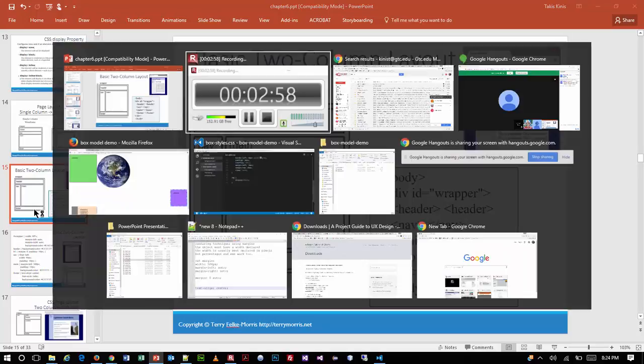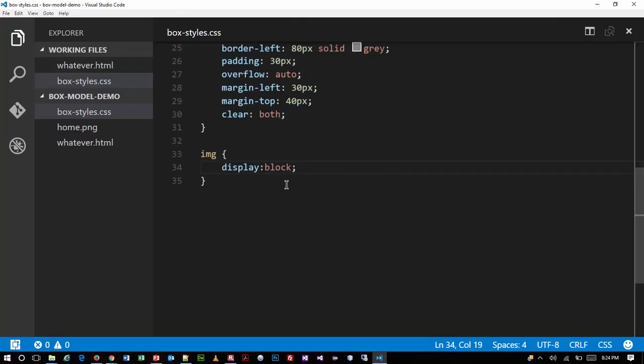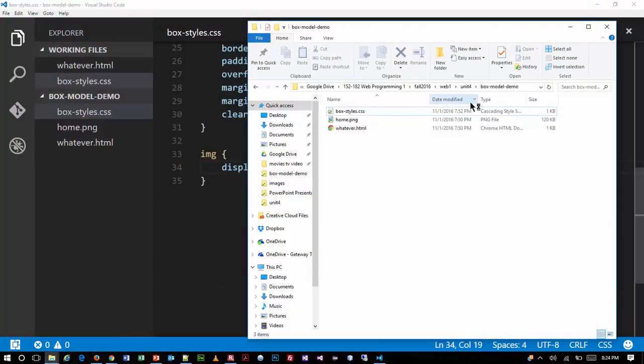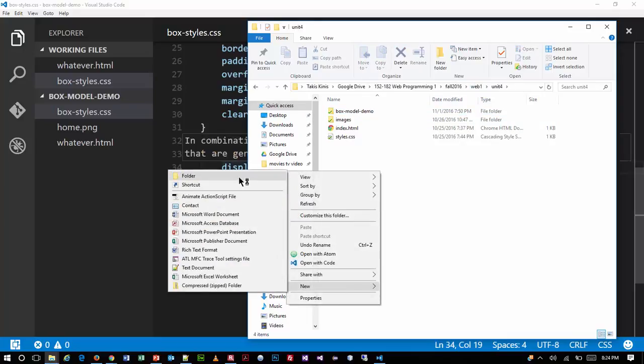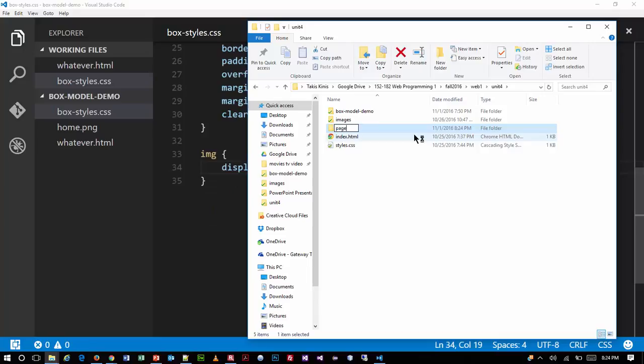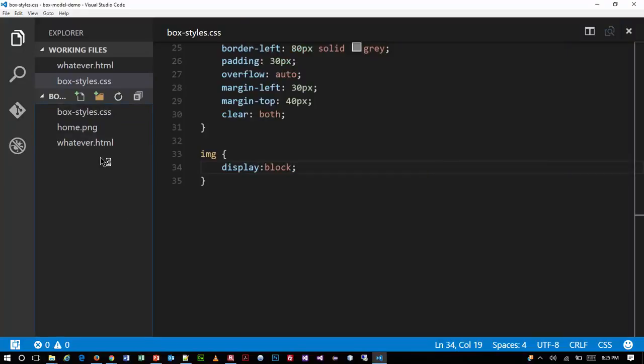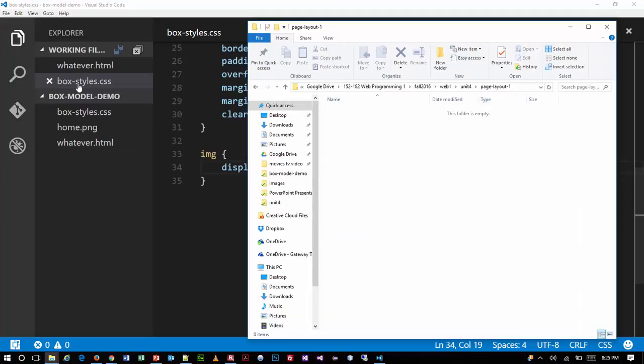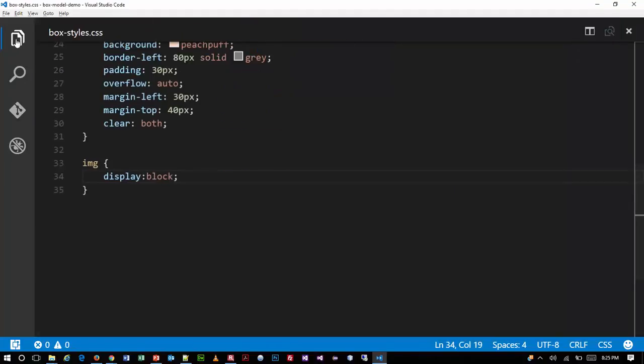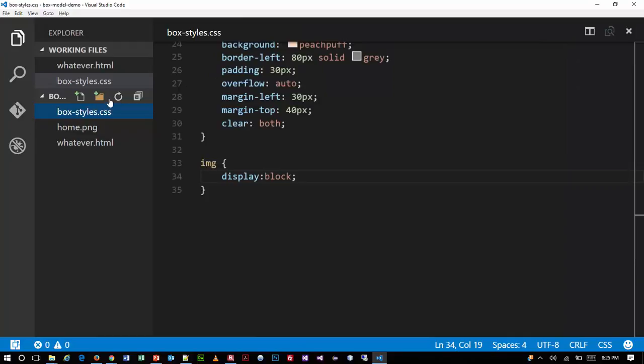Okay, I'm going to build a brand new page. So I'm going to come up to my code editor here, and I'm actually, probably more intelligently, going to go to my folder. I created a folder for box model demo. I'm just going to create a new folder now and call this one page layout. And anticipating I'll probably do more than one of them, I'll call it page layout 1. And then the other thing I will do is over on this side,